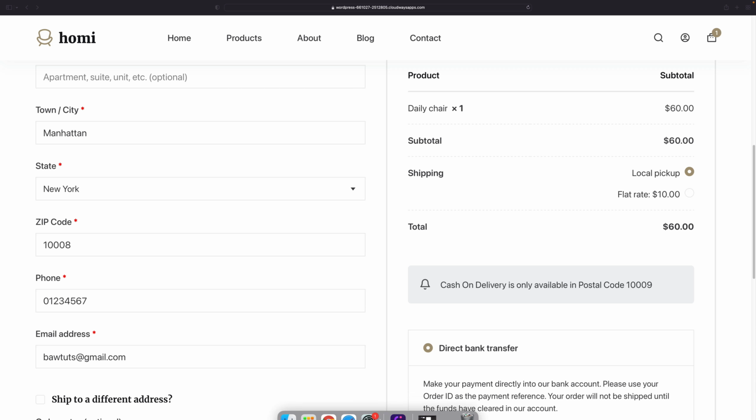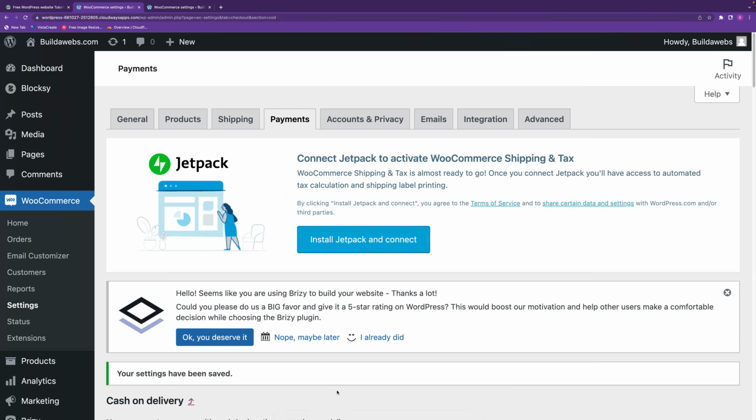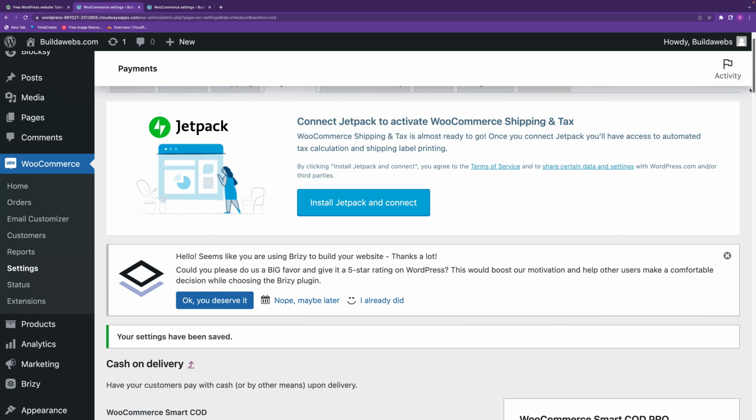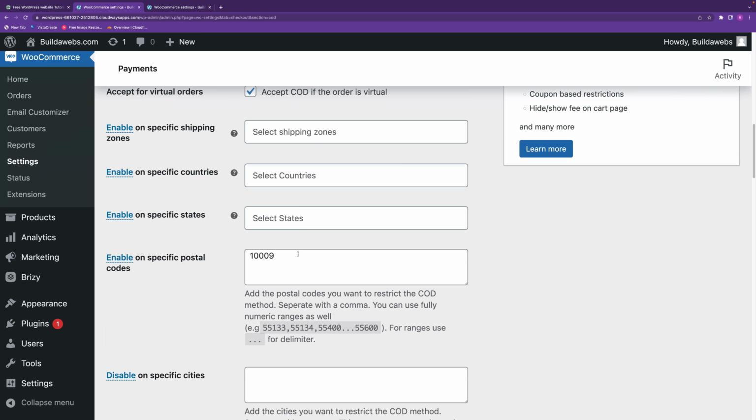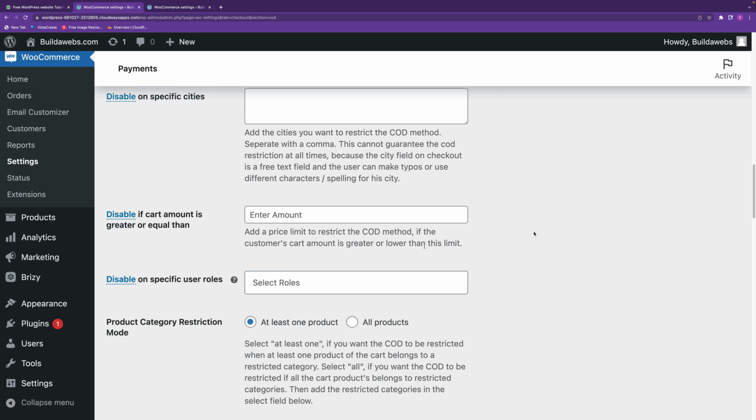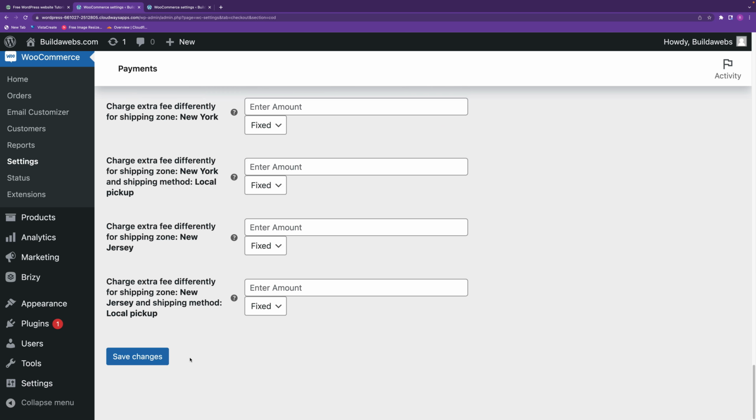So if we go back into WordPress, we've got a payment which is found under WooCommerce. We scroll down, just take this postal code out, and then what you can do here is you can disable if cart amount is greater than equal to. So our product was 60, so you can enter 60 in there and then just choose Save Changes,